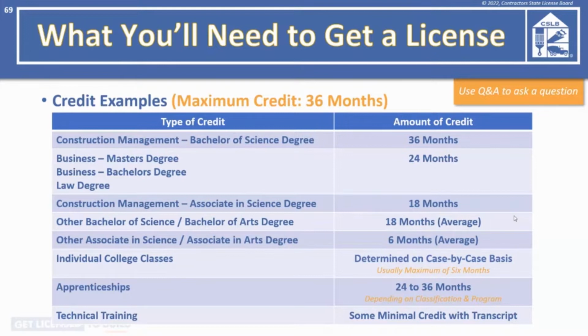Yes, everybody will take the exam unless you have held the classification that you're applying for in the last 5 years, or have completed the tests on a previous application that may not have been completed in the last 5 years. So if you have not completed the testing in the last 5 years for the classification you're applying for, or if you have not held that classification that you're applying for in the last 5 years, everyone will